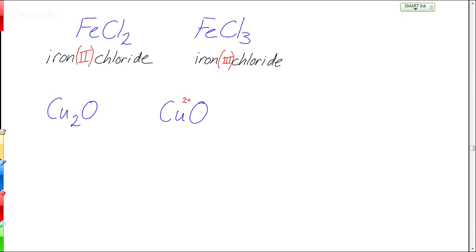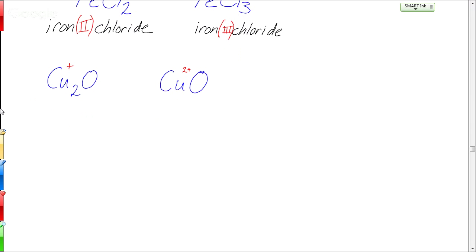Go the other way. 1 is, I guess, what I meant. Sorry. Yeah. So we have to balance out the -2 from the oxygen. If we have 2 copper ions, that means they each need to be +1. So you've got 2 +1s and then a -2, and those balance each other out.